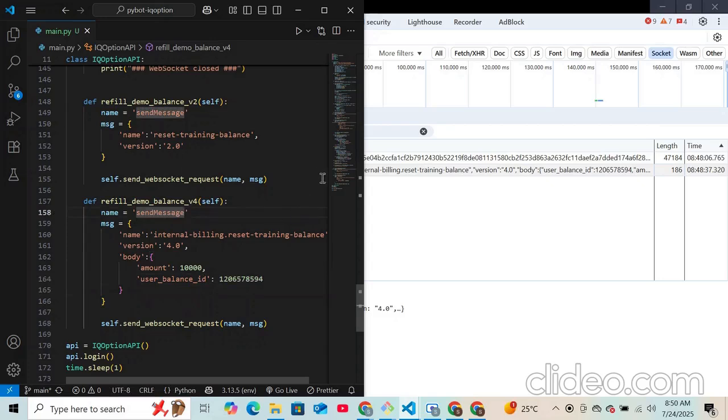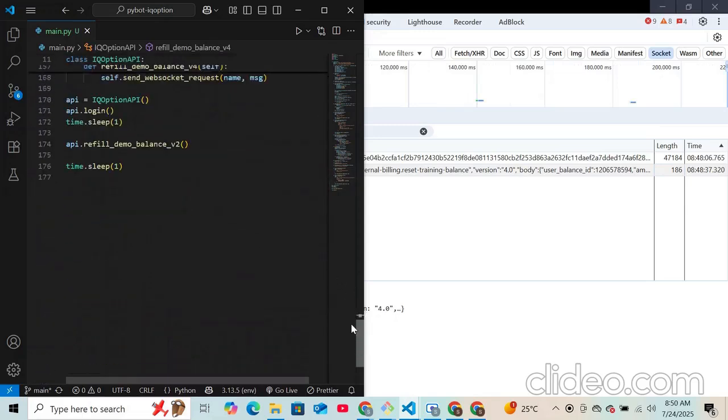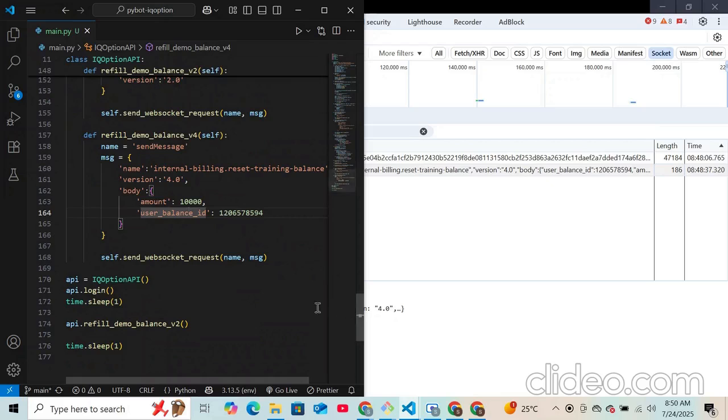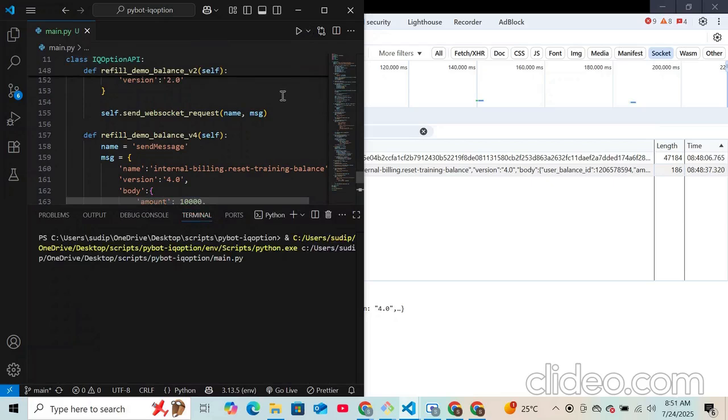Okay, so version 4 is also ready. Now the thing is this user balance. How can we get this user balance ID? And that we can get when we are authenticated to WebSocket. When we are authenticated to WebSocket, it gives us